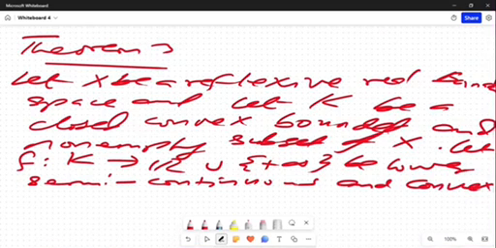All these terminologies we are going to define. Semi-continuous, convexity, we are going to define all of those. Convex, if those conditions are defined, then